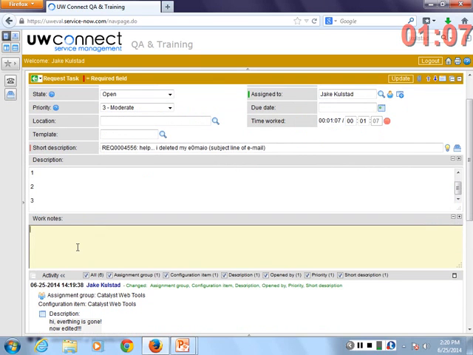And we also have the work notes section. This is similar to the request itself. I just want to point out that when you're talking about tasks, the work notes section is the critical way to communicate. So the work notes from a task are going to communicate back to the request itself, and they're also going to be copied over to all other request tasks associated with this request. So if you had 15 request tasks on this request, all of the work notes will copy to each other and communicate amongst tasks. That make sense?